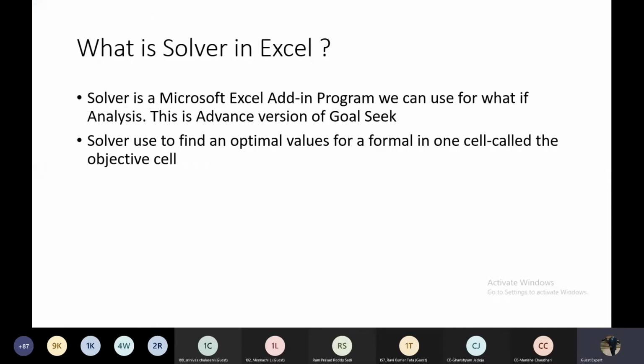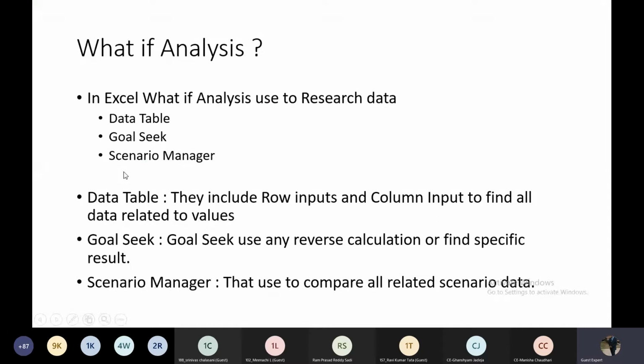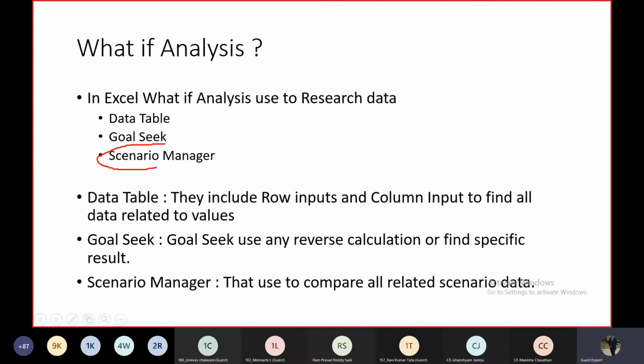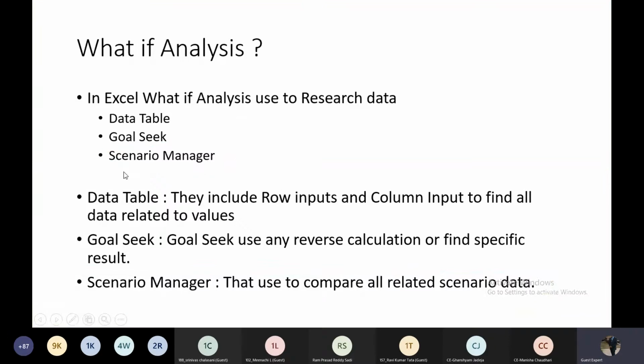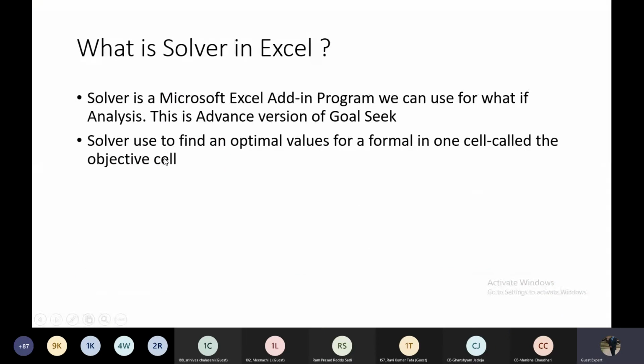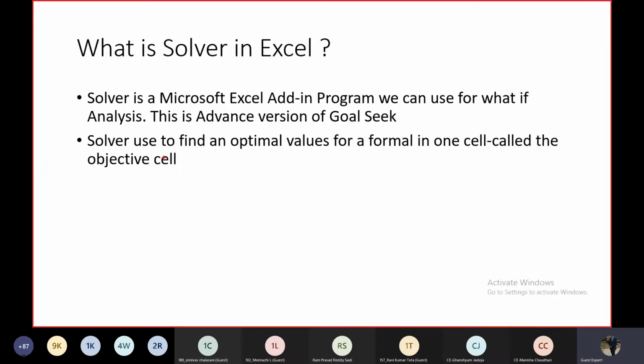In the last section we will continue with the Scenario Manager, because it is a very small topic, so we complete it at the last. Checking the Solver, because in the Solver we make many projects and we also give many assignments for you to sort out.